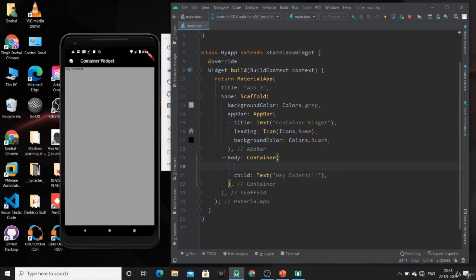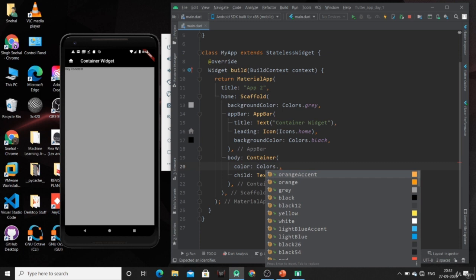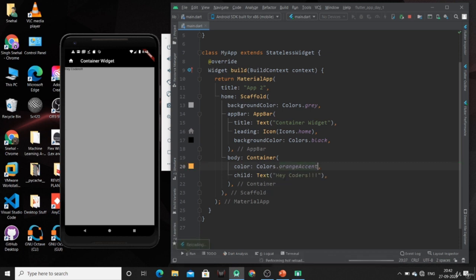So we can change the color of our container by using this color property and mentioning any color according to our preference. Okay, so we have mentioned the orange accent color. So here is the container which is occupying only the space required for this single text.